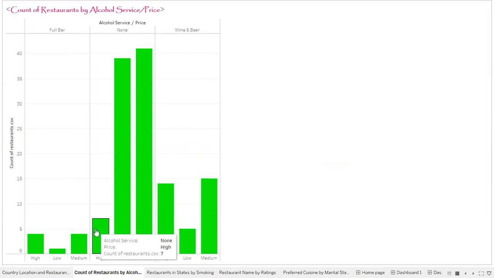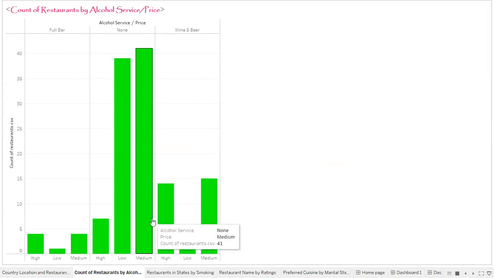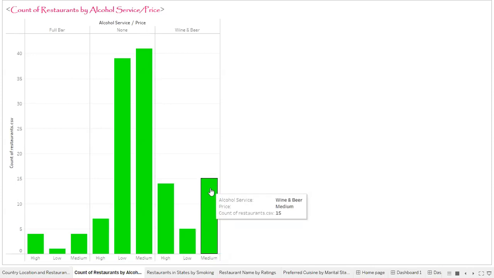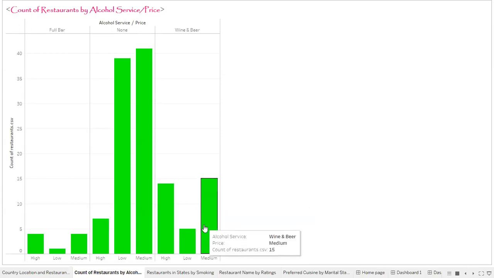Is it that the Mexicans do not like alcohol being served in restaurants? It's good to also check all that in case you want to go up high there. So they prefer wine really. Wine medium, the count of restaurants providing that is 15. And then we will